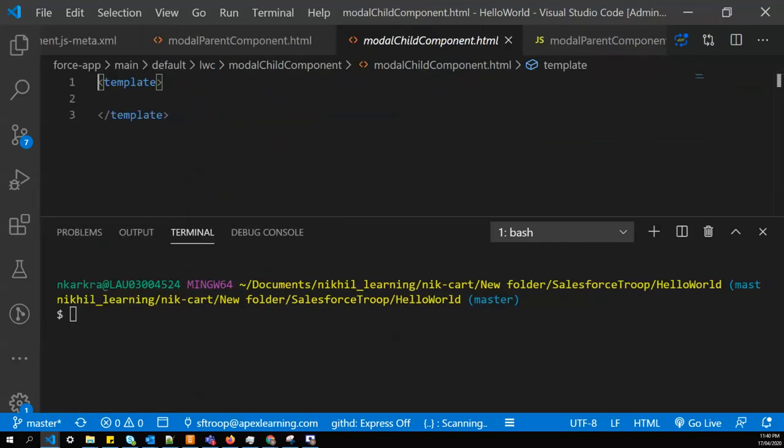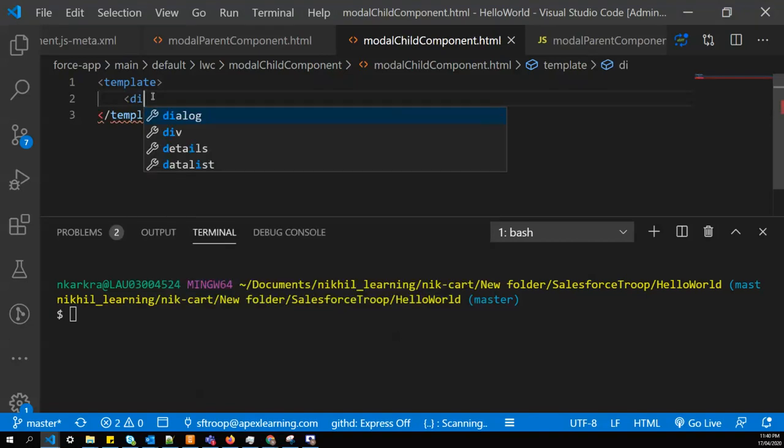So now we'll create the child component. Let's create a model over here. What we are trying to achieve is, from the parent component and the child component, we're going to open the model based on the event. So first I'll create a div, my model.